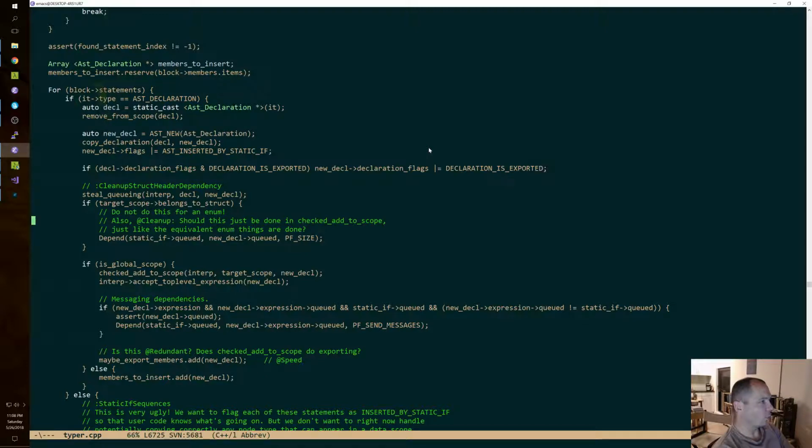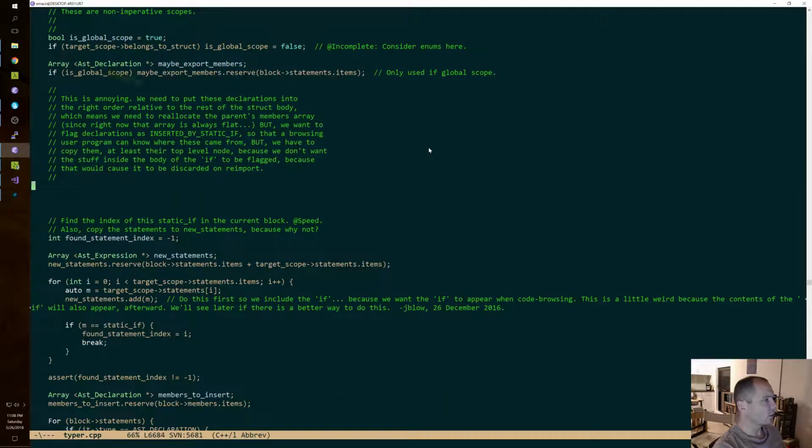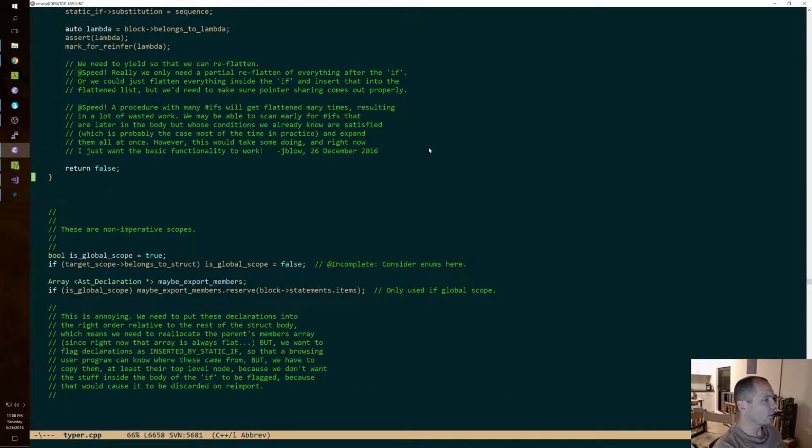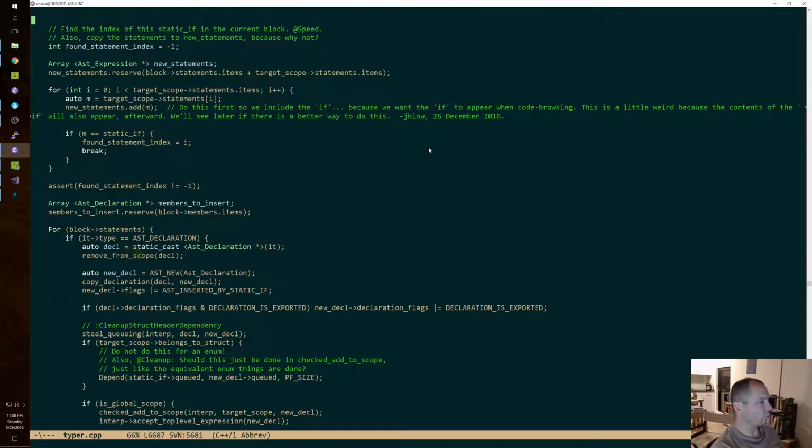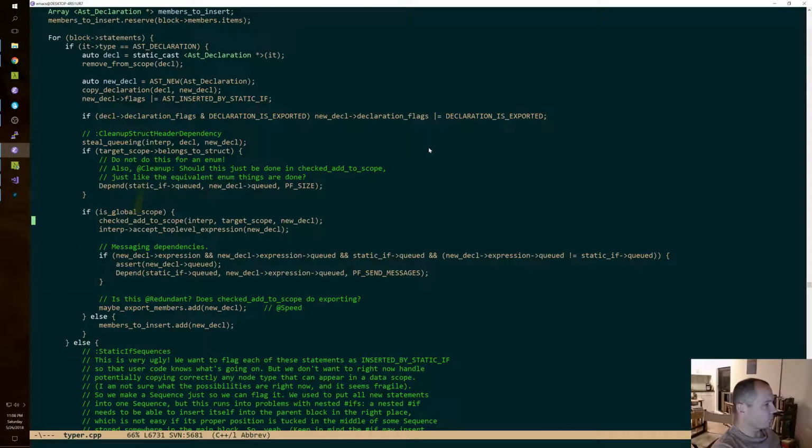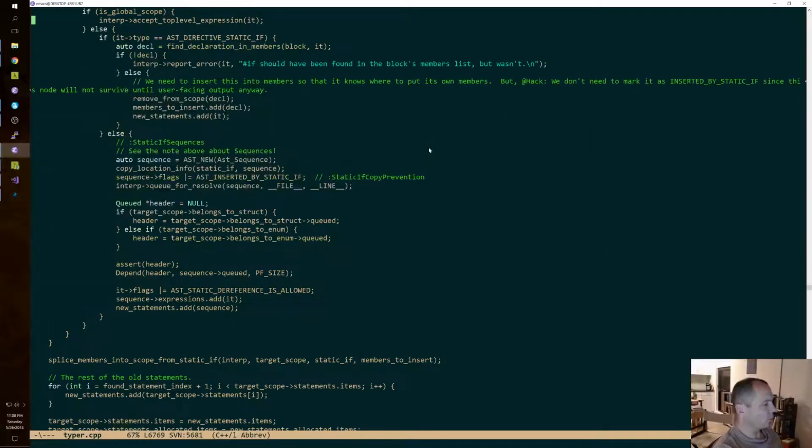If the target scope, oh, you know what I was going to do? Oh, I did do that. I said for imperative block and then we return. Okay, that's good. So do we steal queuing here too?